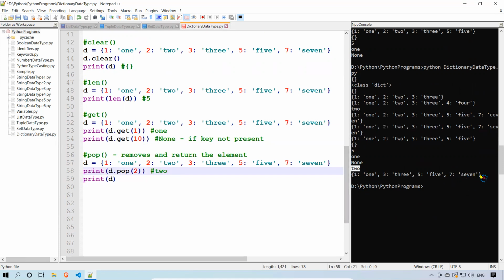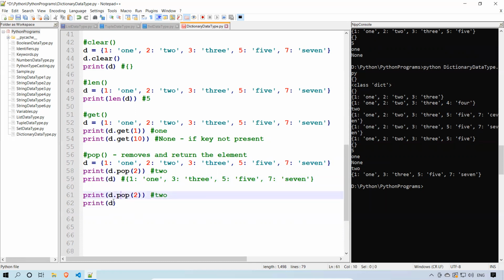And after removing that, the remaining dictionary is shown. The key 2 entry is removed. Now if I try to do the same thing with a key which is not there, I'll give 6, and we'll see what happens.